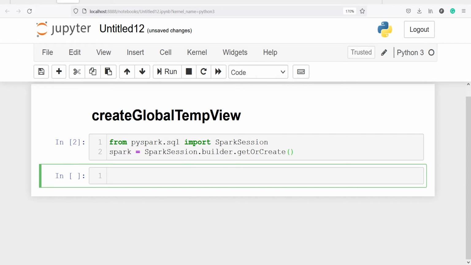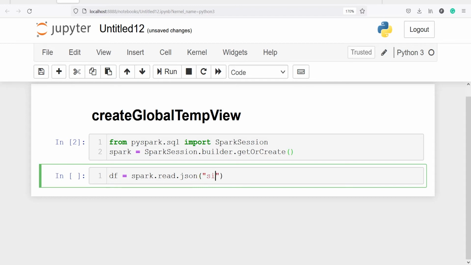Now I'm going to read a JSON file and save that in a variable. So I'll make one variable df, and to read the JSON file we have to call the Spark session spark, and from this we will use the method read, and from this we will call the method json. Inside this I will pass my JSON file in single or double quotes.